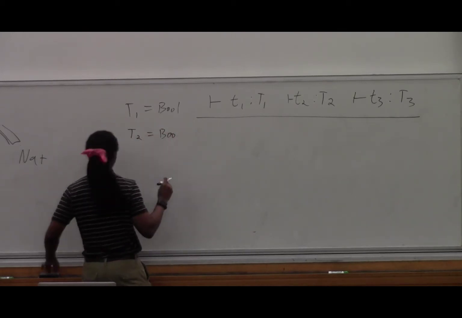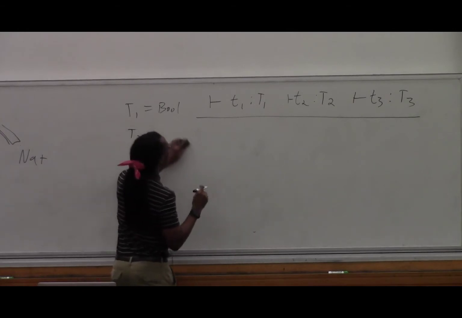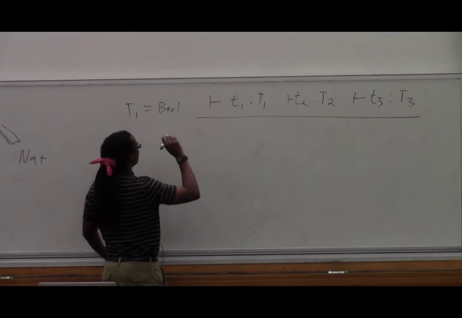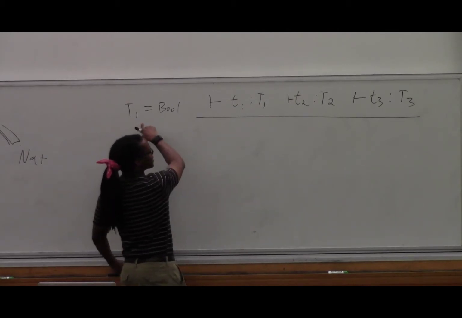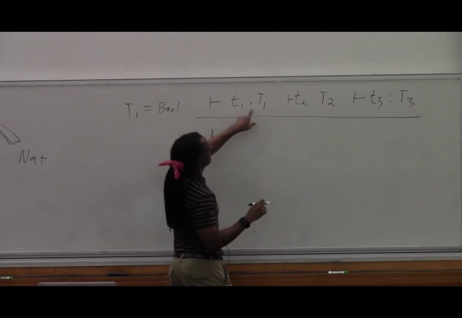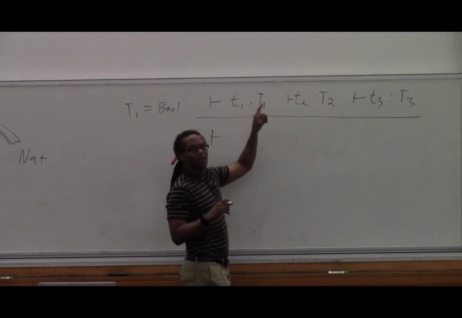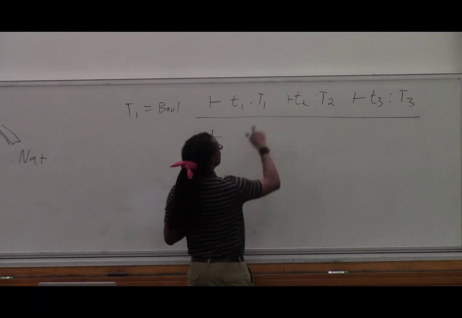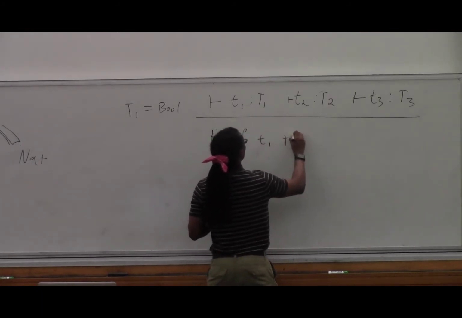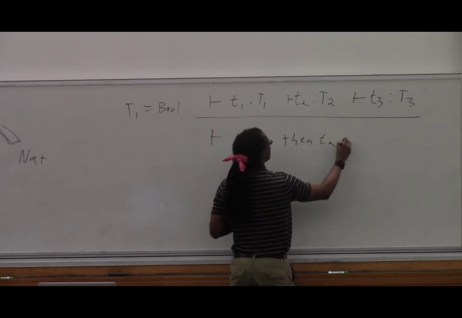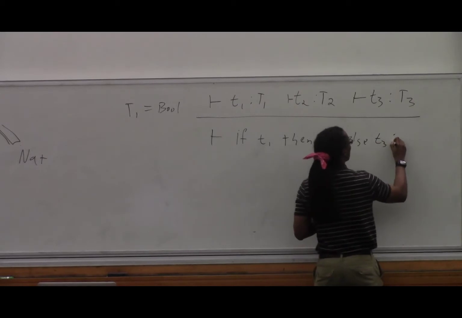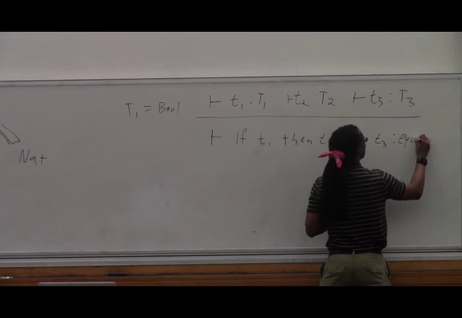Oh no, T2 doesn't have to equal bool. Okay, let me write out this part now. So this is the first side condition. I'm saying T1 has to be bool, and then I'm going to say that the result of this is a function of some of these types up here, and I'm saying if T1, then T2, else T3 has type equate